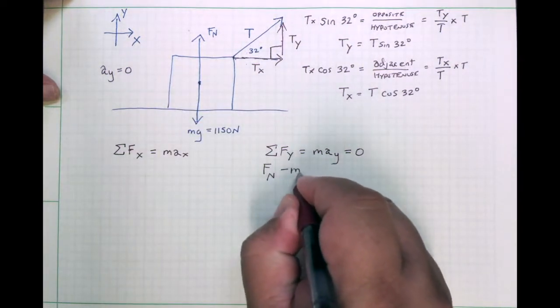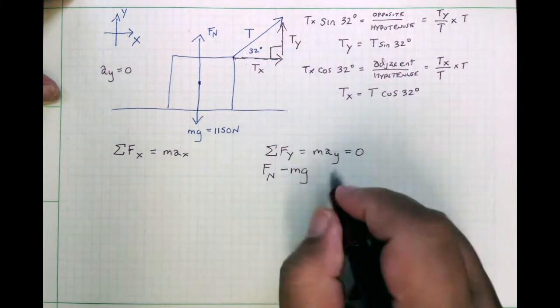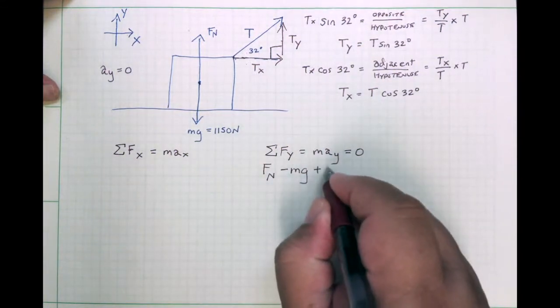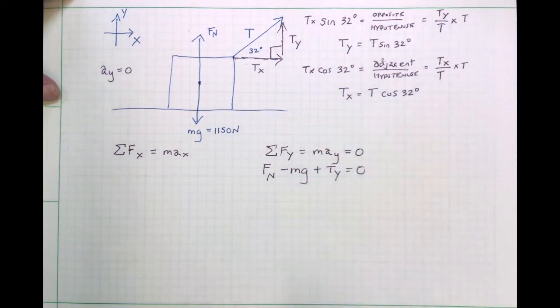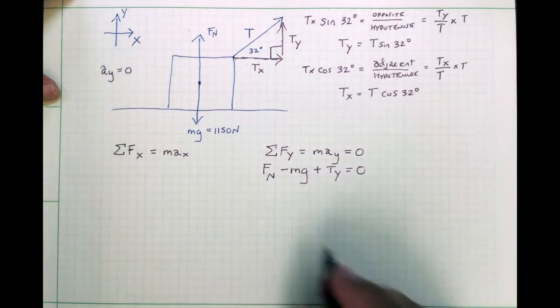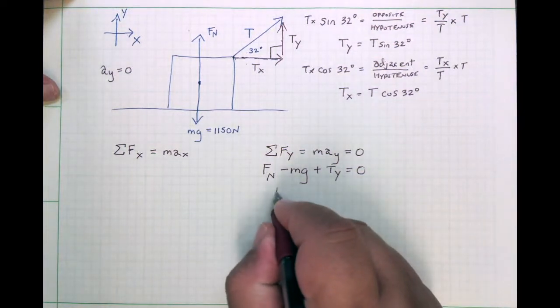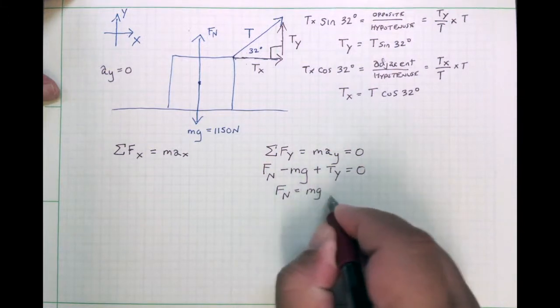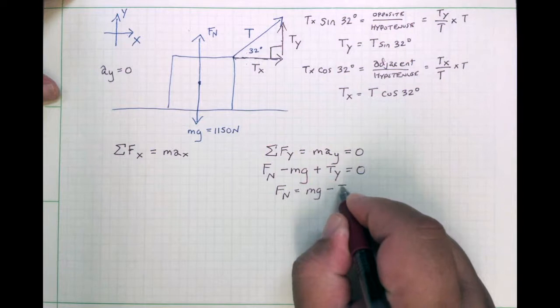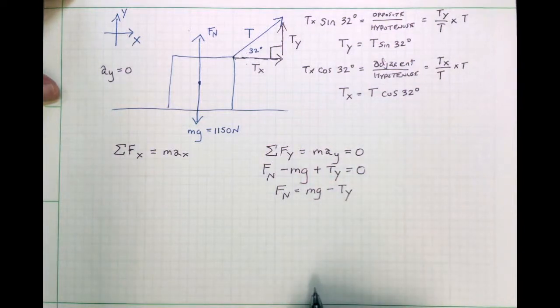The weight force is down, negative, and the y component of the tension force is up, positive. Since these forces are in equilibrium, we get the result that the normal force is equal to the weight force minus the y component of the tension force,